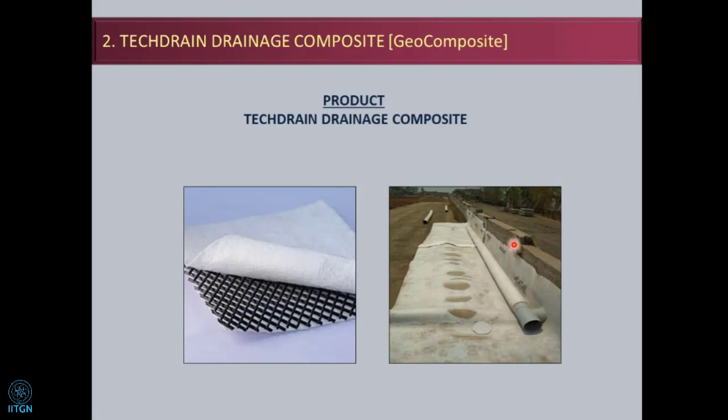So it will act and replace the filter material which we are giving, 600 mm thick. But one has to take care, because it has to be used very cautiously with a certain kind of fill material, not all kinds of fill material, because we have to select the product and its uses purely based on whatever backfill material we are using. We have to think cautiously if we are going to use this, because the clogging criteria and the filtration criteria of the non-woven geotextiles are checked before using with the material.